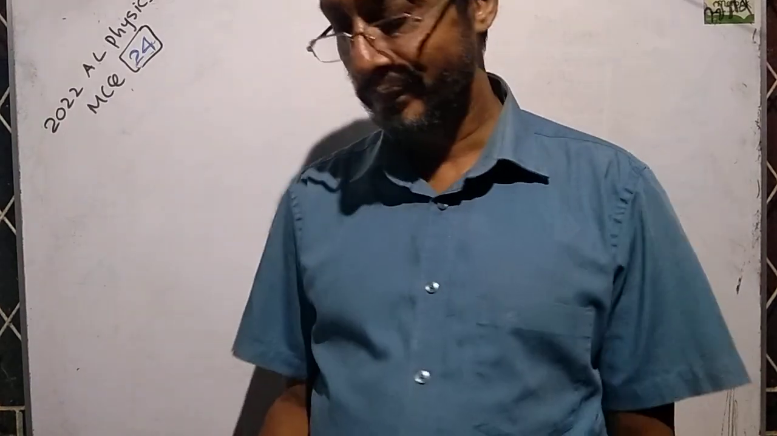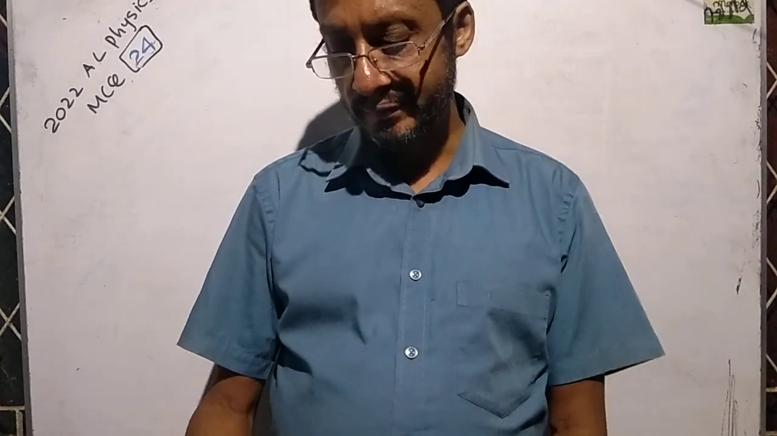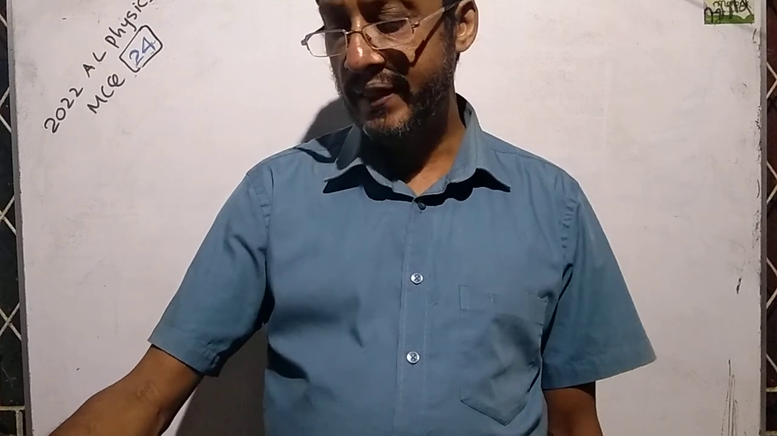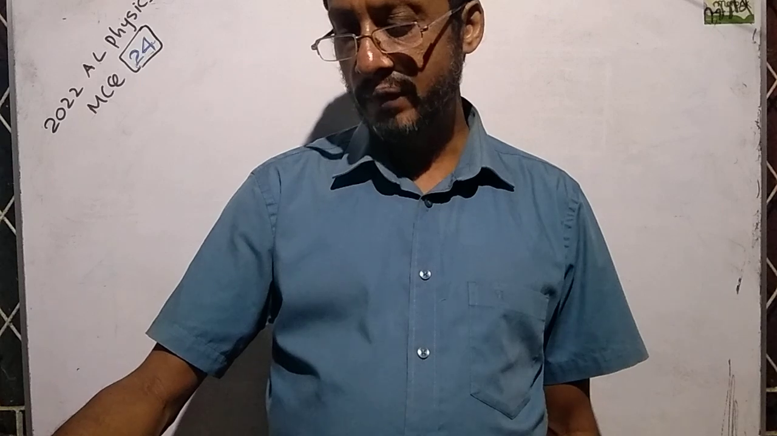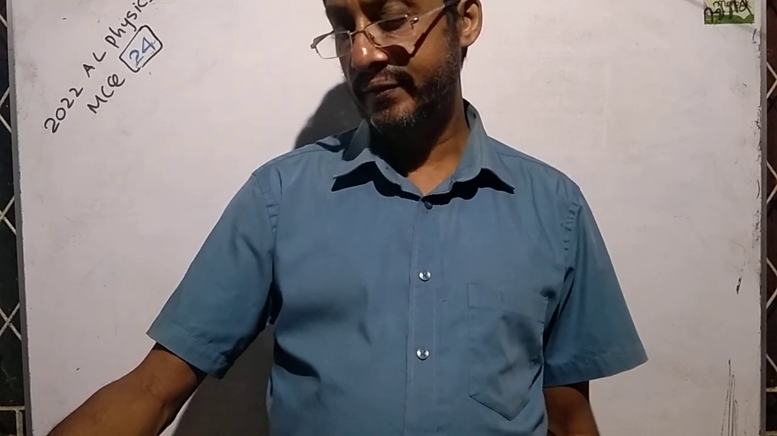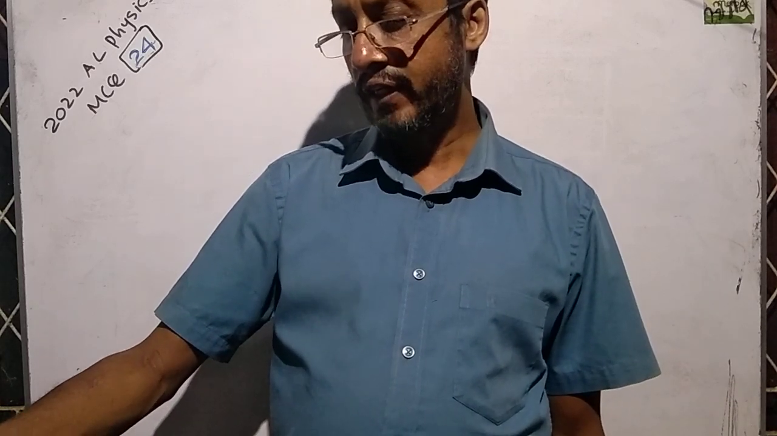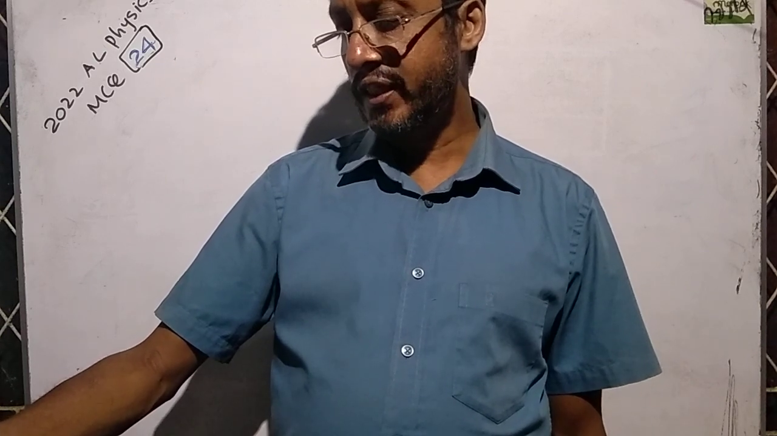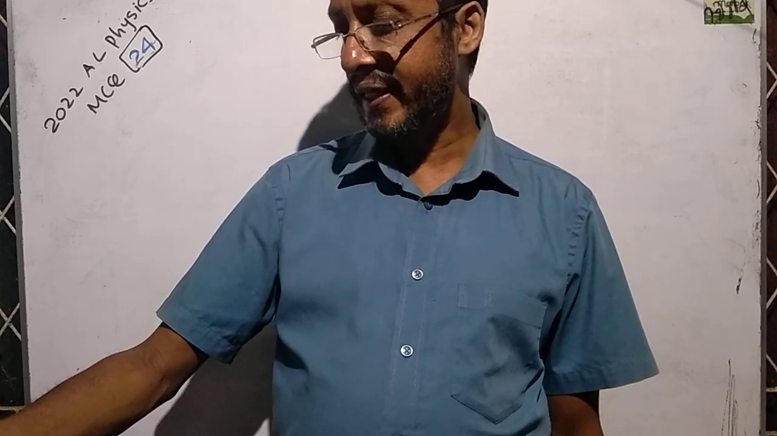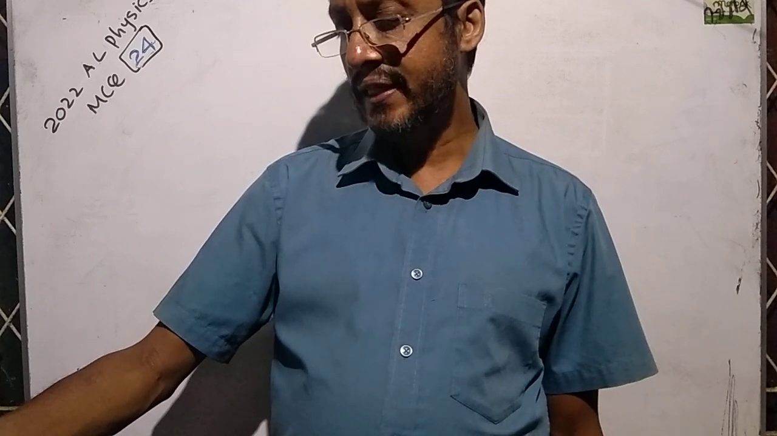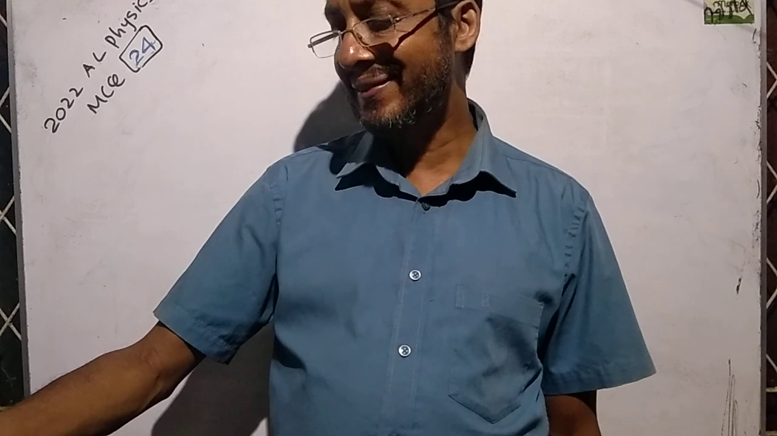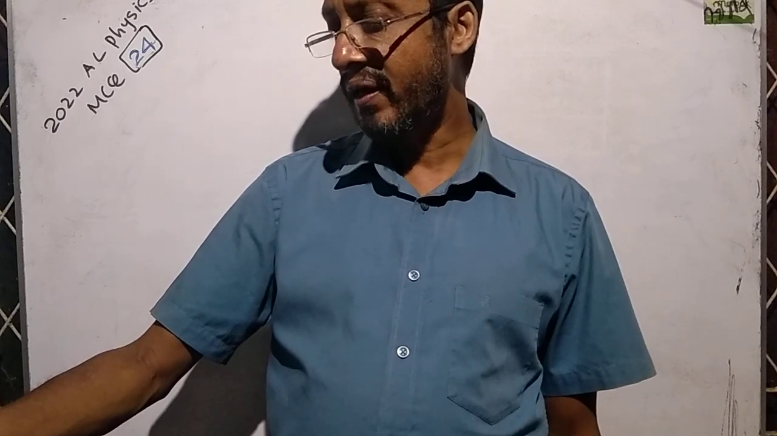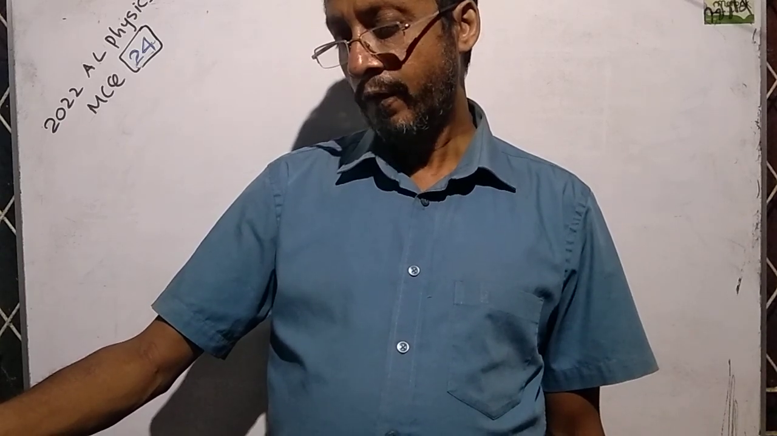2022 A-Level Physics MCQ question number 24. The ball is projected at a velocity of 10 m/s horizontally from the top edge of a building of height 20 meters. While falling, the ball splits into two identical pieces x and y. Then pieces x and y hit the ground simultaneously at horizontal distances 10 meters and r respectively from the building